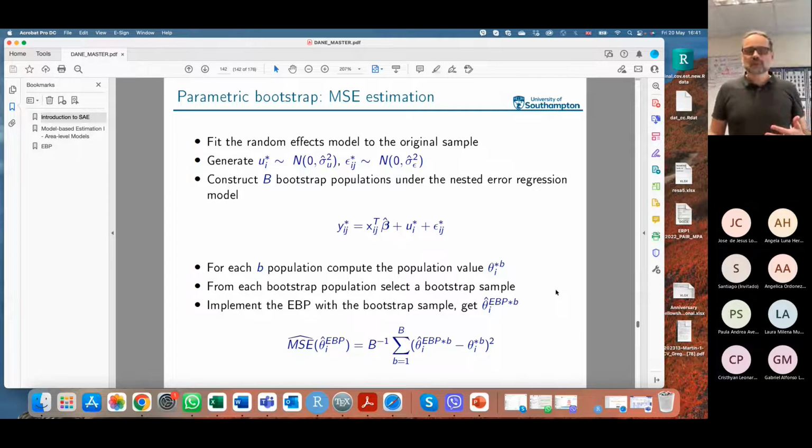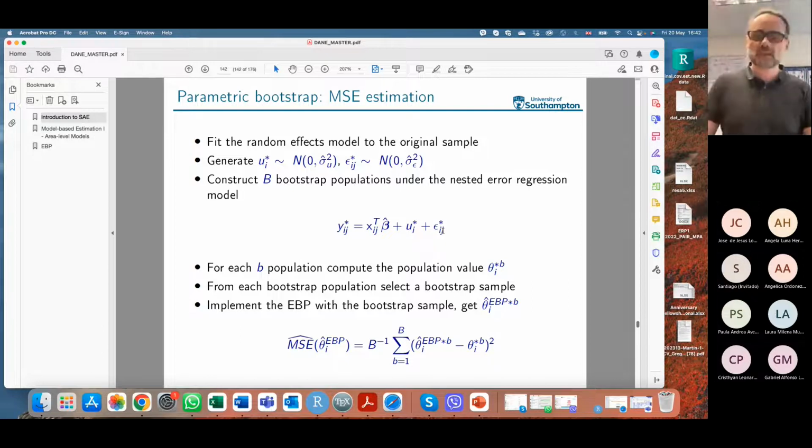What you do is you fit the model to the original data, you generate bootstrap versions of the area effects and the level 1 error terms, okay? And then you construct bootstrap populations using the model. So this is your model here. You say that my Yij star is xij beta hat plus ui star plus epsilon ij star. Okay, so you have bootstrap populations, you compute the population value in each bootstrap population, you have a bootstrap sample,